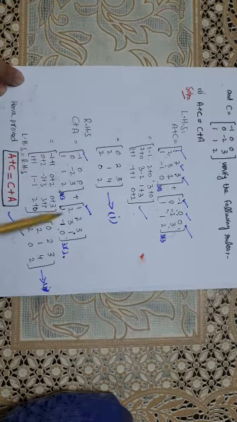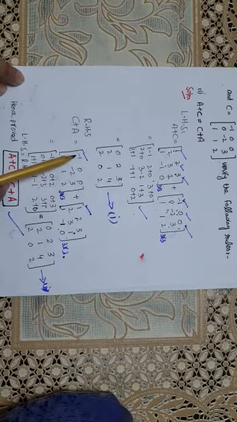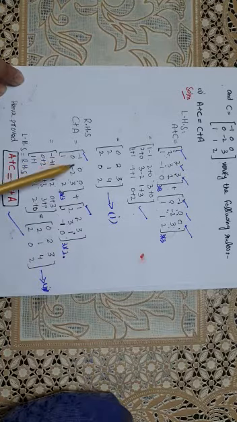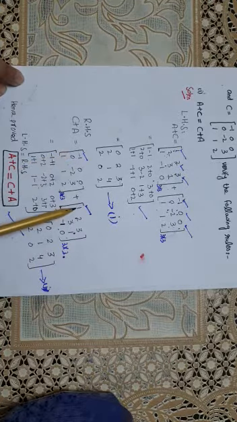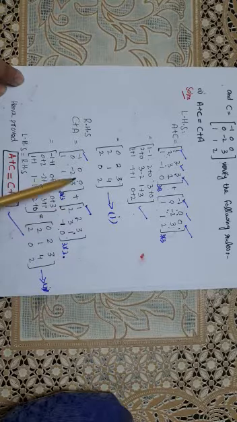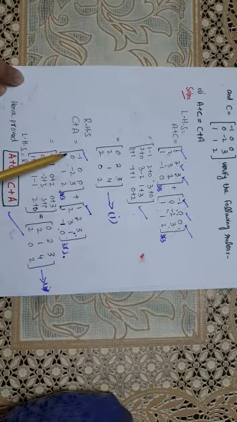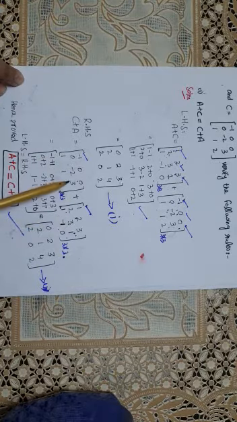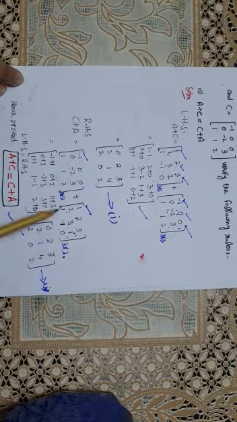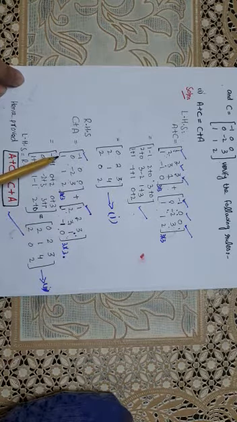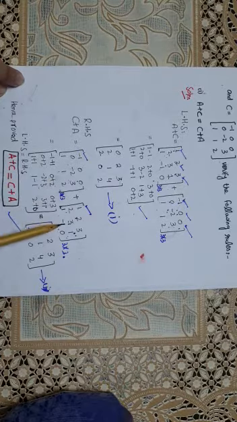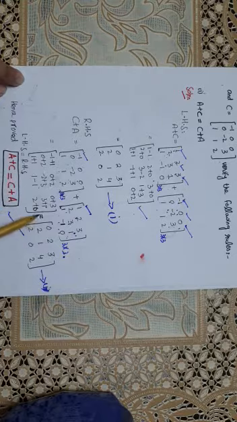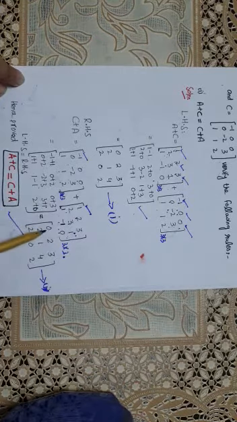Again here we add corresponding elements. Corresponding elements means elements that have the same position. In the first row, -1 will be added to +1, 0 to +2, 0 to +3. In the second row, 0 will be added to +2, -2 to +3, +3 to 1. And in the third row, 1 will be added to 1, 1 to -1, 2 to 0. To simplify this matrix, we get 0, 2, 3, 2, 1, 4, 2, 0, 2.